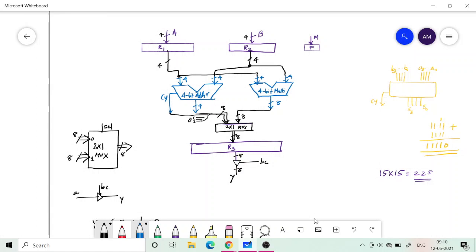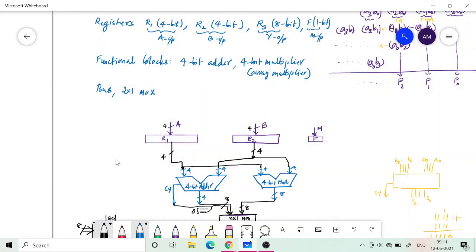Okay, so we have put in the data path requirements. So it has a few registers, one 4-bit multiplier, a 4-bit adder, a multiplexer, and a tri-state buffer. So I can put the tri-state buffer also along with the multiplexer here. So this is also coming in the router. So the data path contains these three types of components: registers, which are memory elements, then functional blocks, and then routers. These are all for routing the data.